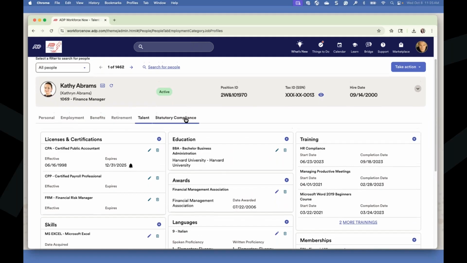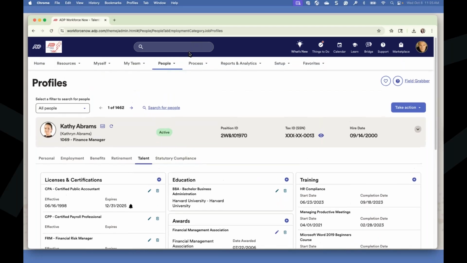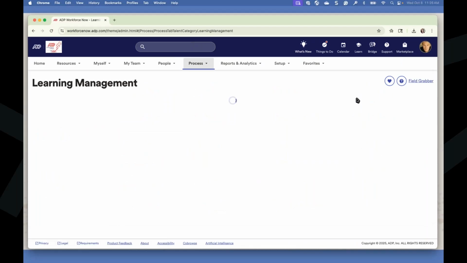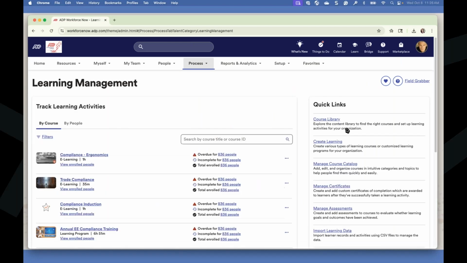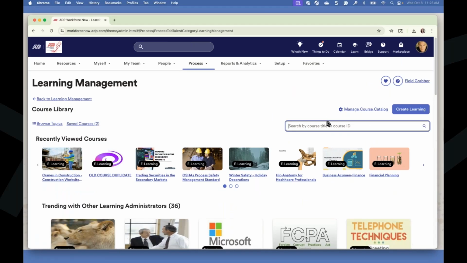The next thing that I want to highlight, on the topic of training, is that maybe it's not a training that they've taken off-site. Maybe this is a training that you need the employee to take that they haven't yet done. You know, with construction comes a lot of safety courses, a lot of different courses that are required. You know, you have guys that are driving in trucks. You might have a truck of 6 guys. 1 guy is driving. What are those other 5 guys doing, or girls? Well, you can have them doing their courses. They could be on their phones, on their tablets, whatever the case is, completing courses that you need them to do from an OSHA, from a safety perspective.